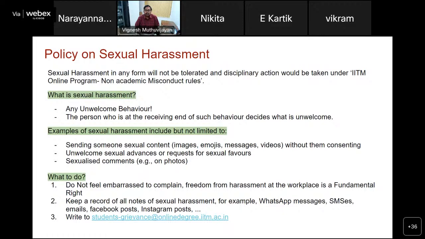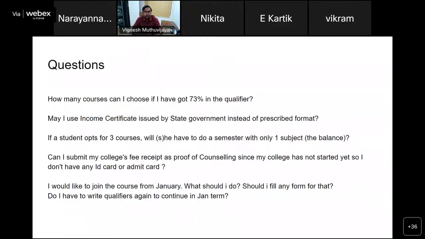Try to take screenshots and have a backup so that you have some data, some proof to file the complaint. You can write to student-grievance at onlinedegree.iitm.ac.in. This email address will respond immediately, and we will take necessary action to make sure that you have a safe workplace while you are in this program.